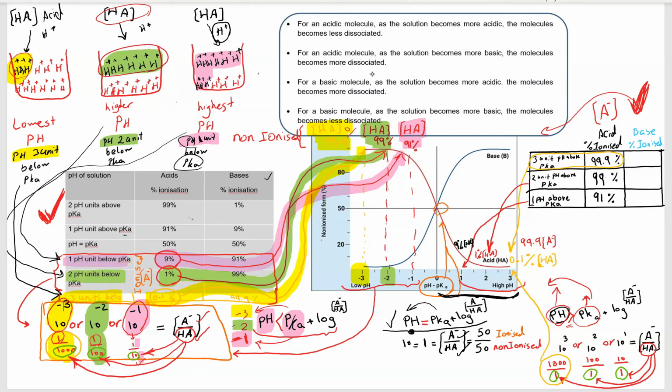So if log of A minus over AH, or this equation, is equal to 3, when your pH is 3 units above pKa, the ratio of ionization would be 1000 to 1. And what is the 1? It's